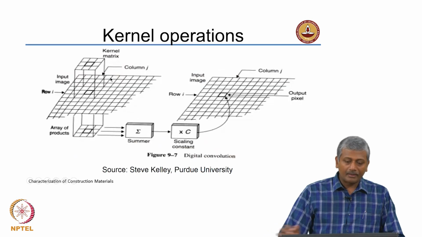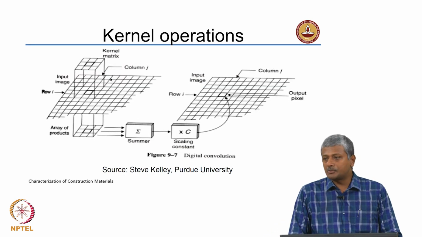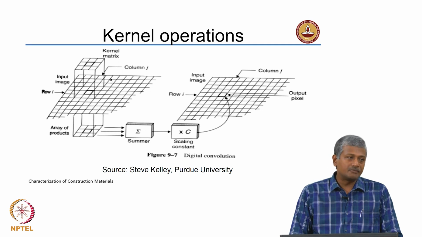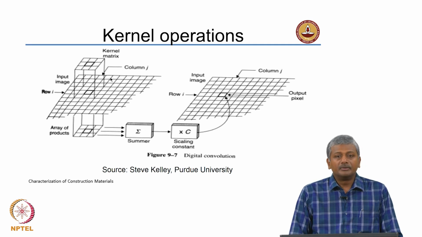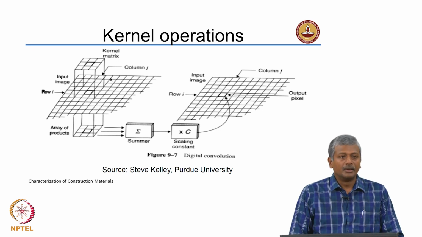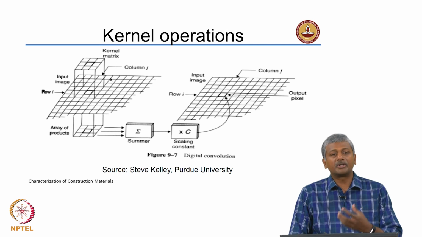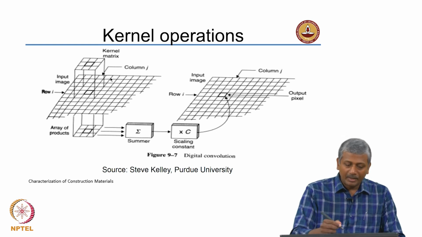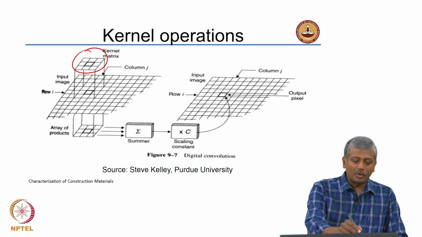So, having looked at basic image processing operations, now let us take a look at what we can do further to enhance the image in the ways that we want to. One of the common types of operations that we perform on images are called kernel operations. Now, kernel is nothing but an operator. Even your computer programs, small operations are performed by these small programs called kernels. In this case again the kernel is nothing but a matrix that operates upon a certain region of your image.